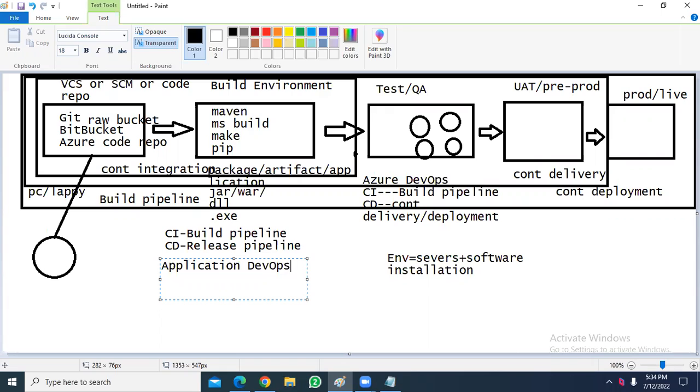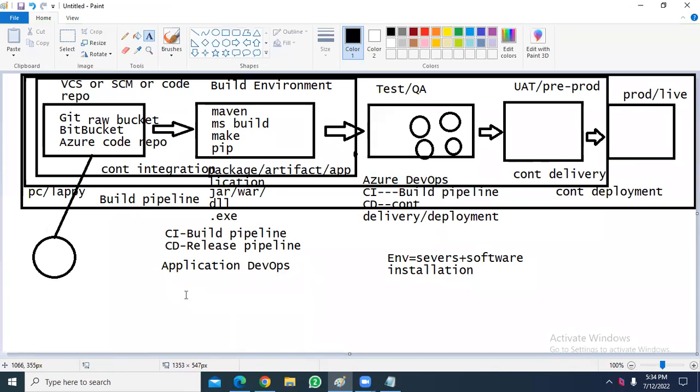But if you are an infra DevOps engineer, you will also create environments. One environment is required for me to test my artifact, to build the artifact, and to deploy the artifact into various environments. With Azure DevOps, an Azure DevOps engineer will always be responsible for building artifacts only. This is said to be application DevOps.